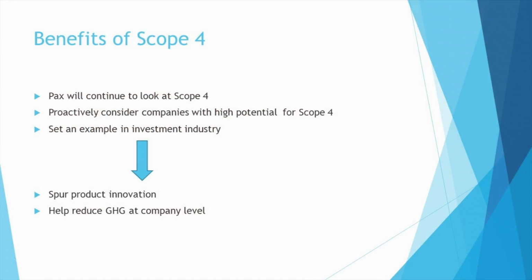Now, where this will leave PAX is they're going to continue to use this, and they're going to search for companies that are having Scope 4 emissions, and this will help them provide an environmental good. And if other ESG firms start to do this, then it could really spur product innovation and help reduce greenhouse gas emissions. And all of this really fits well into PAX's main goal and their theory of change,